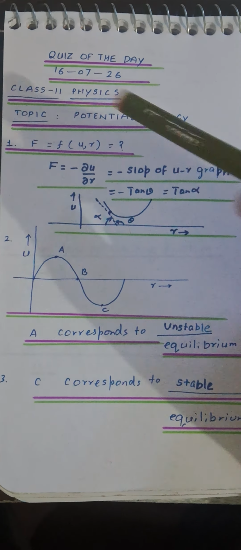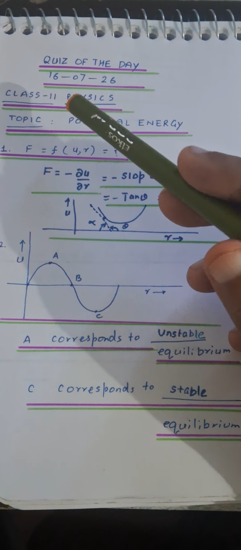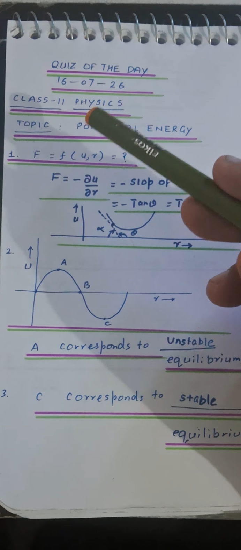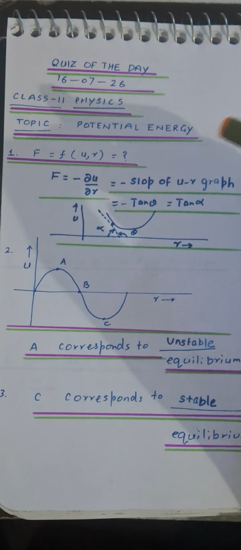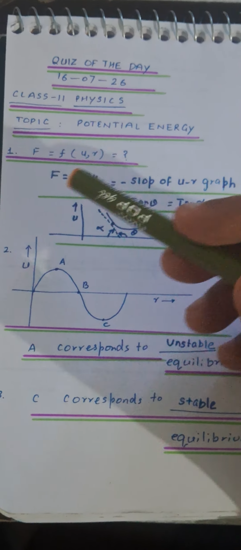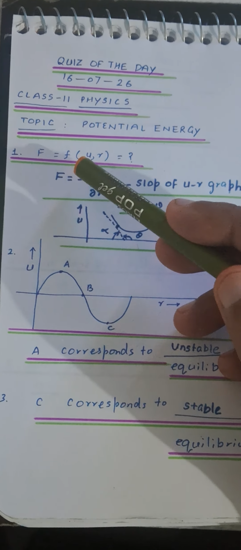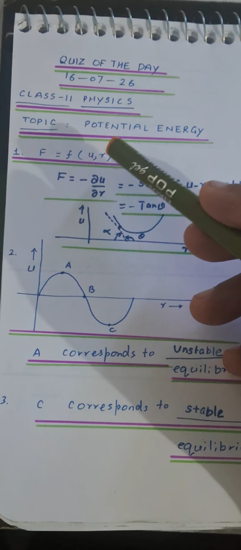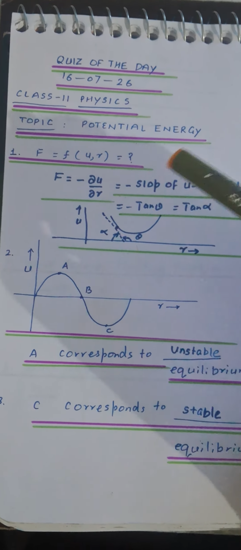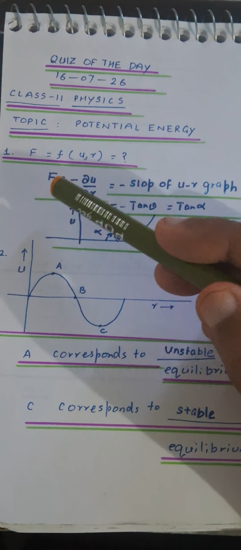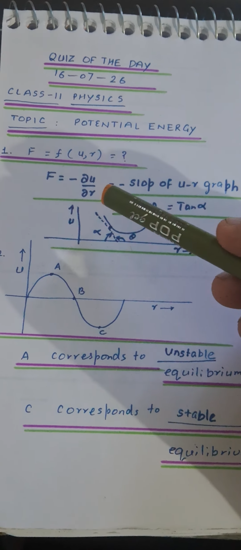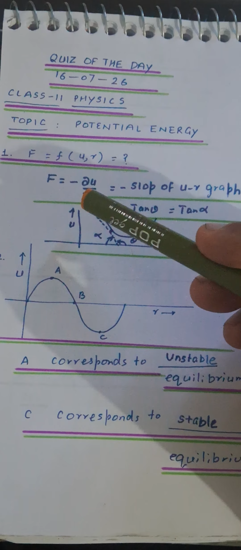So, this is the video solution with elaboration. Here the concerned subject is class 11th physics, and the topic is potential energy. The first question is we have to express force as a function of potential energy and the radius or the distance. So, the expression here is, if we have a two-particle system and there is a distance of r